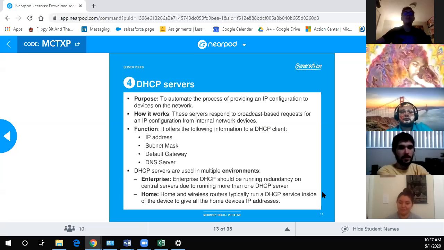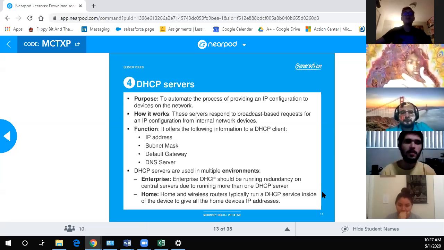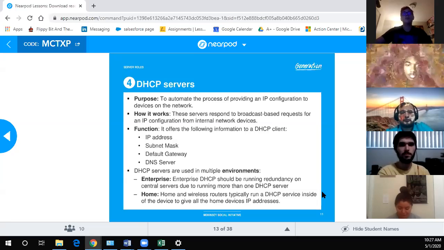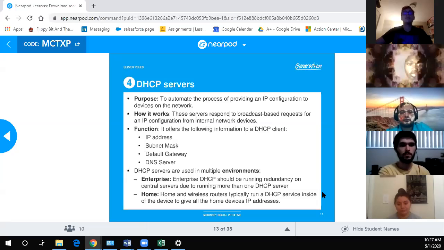That there's multiple instances of the DHCP server, so in case one fails, another can back it up. That's correct. In the enterprise environment, a lot of times they have a DHCP server which resides in the building, including a domain server that resides in the facility, and they have a backup all over the actual intranet of various domain servers and DHCP servers to ensure that you're able to log in, because you need that for the